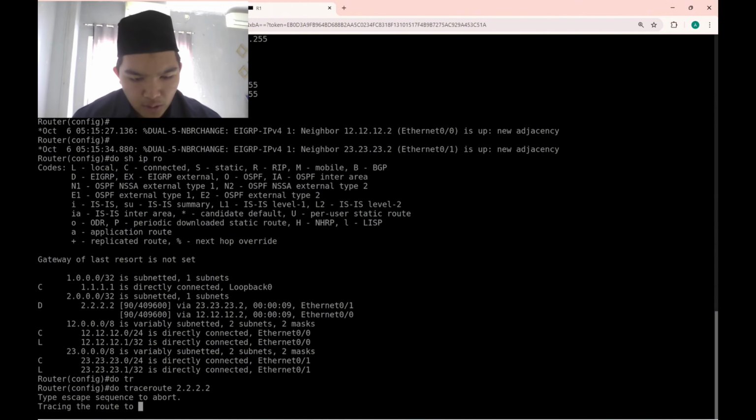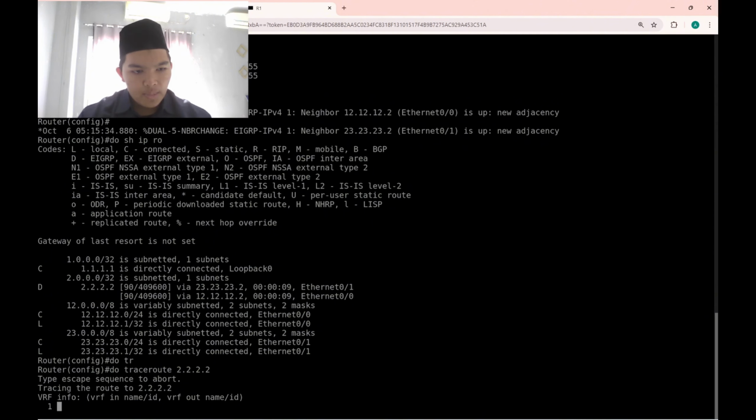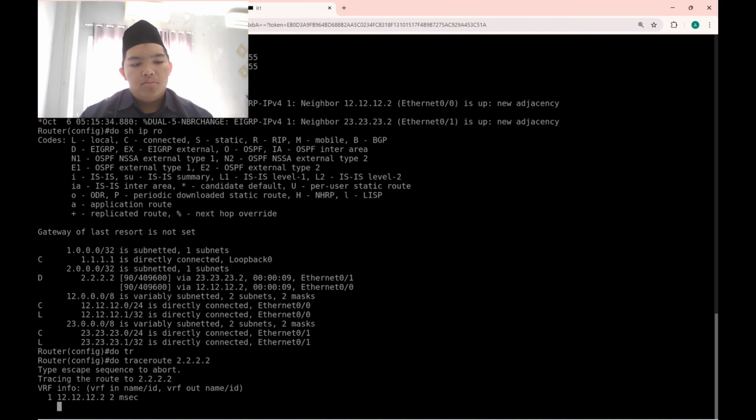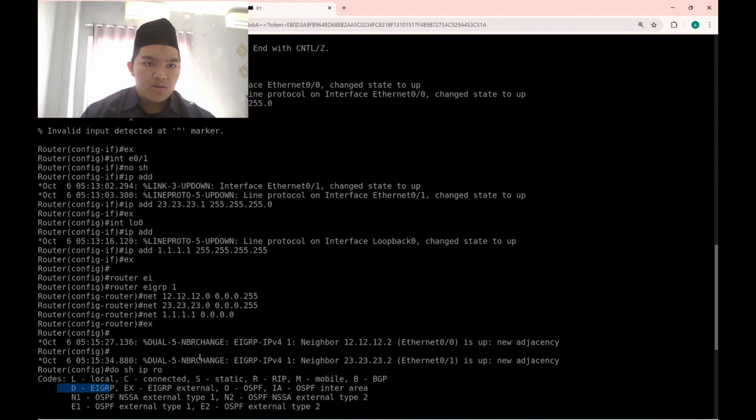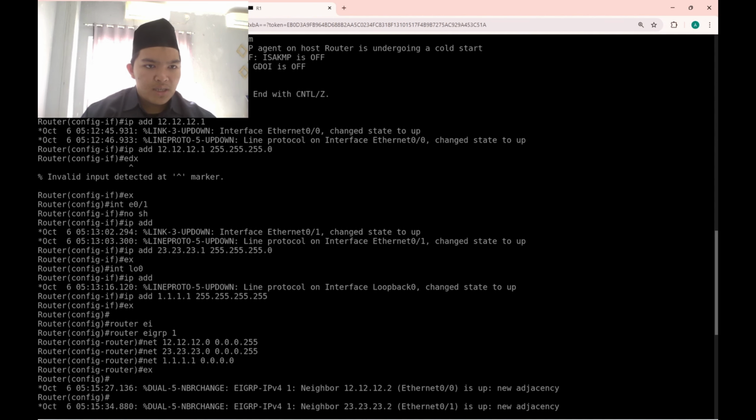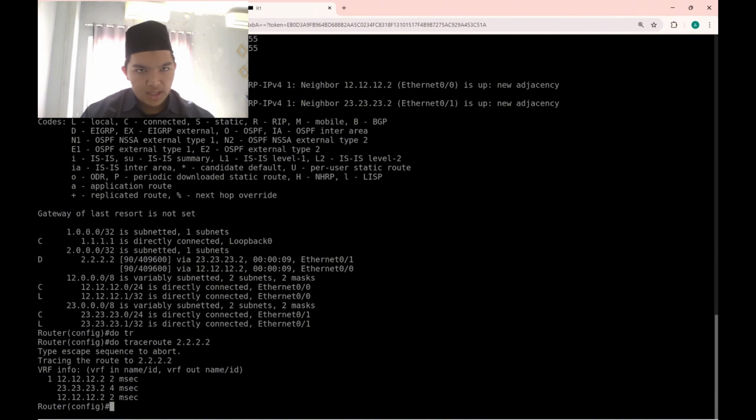Okay, we're gonna wait for a while. Okay, it shows the path that router 1 used to reach router 2 is 12.12.12.2. So it means router 1 uses interface E0/0, like that.